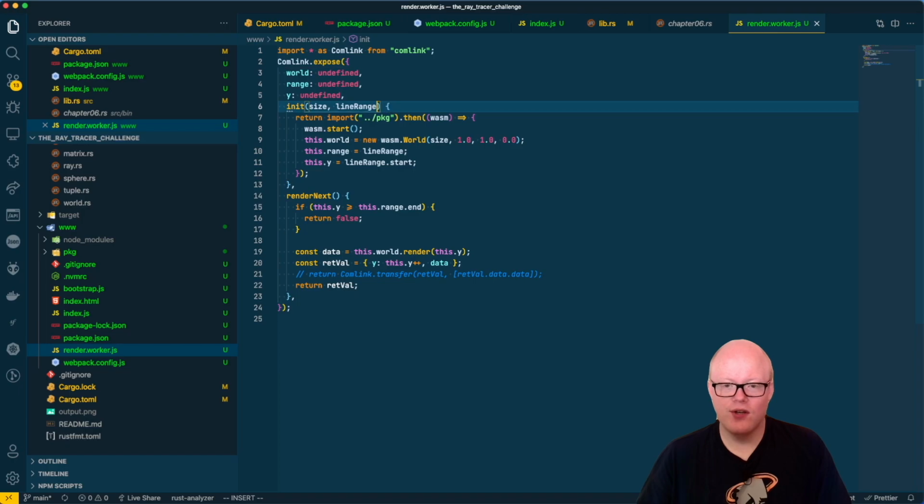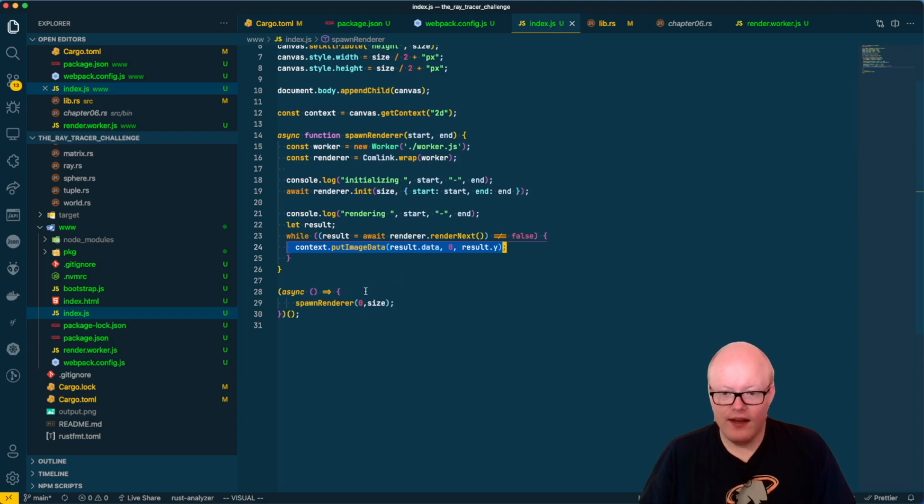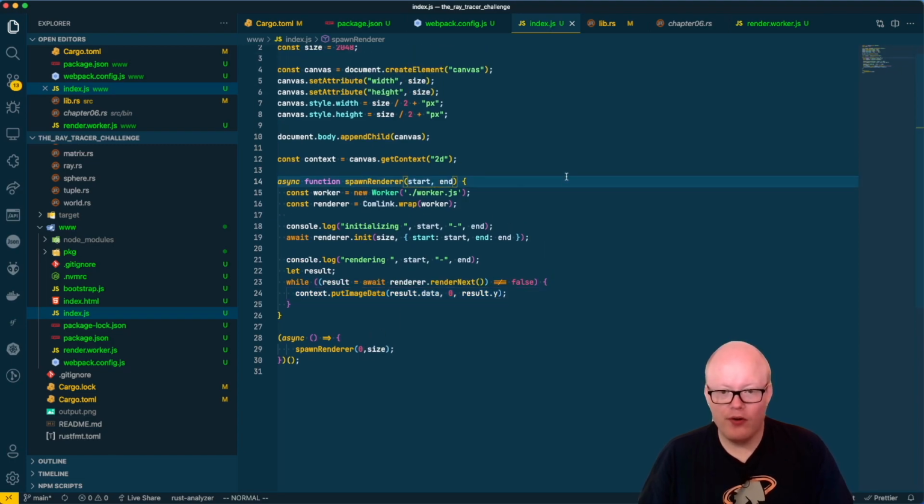I like that. And actually this can now be an object which we put in there, RGB, and we are just giving it here RGB. And now our index.js can spawn a renderer, and our spawn render function should now, I'm not 100% sure, as we are not using this. Let's just put the color in here, I guess. We are not yet using the multi part, and it always uses 0 and size, so the renderer will always use